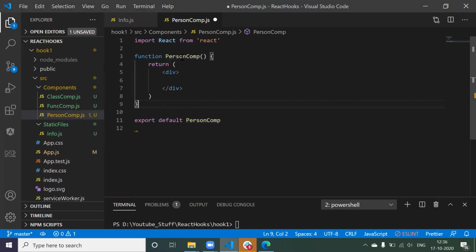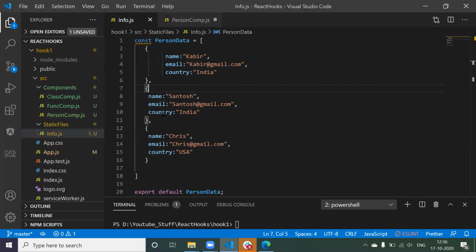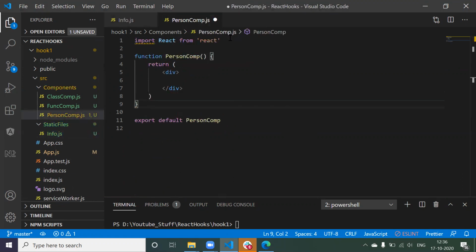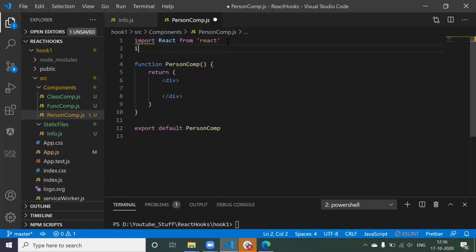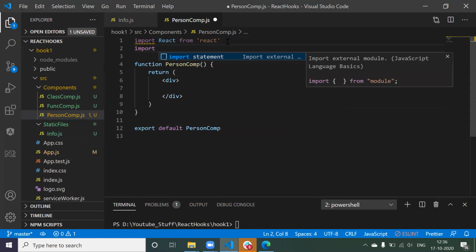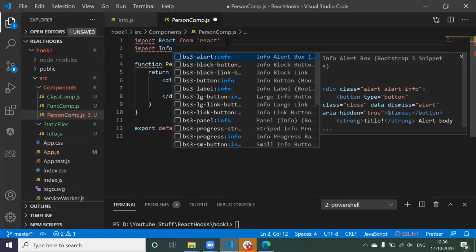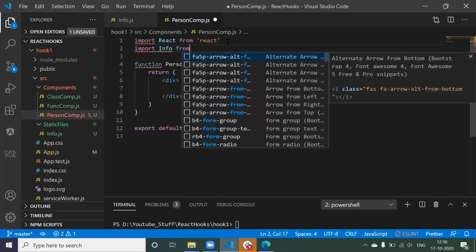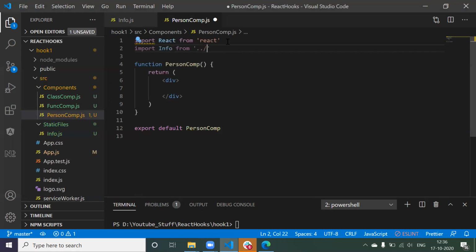Fine. Now I wanted to use this data in this component. So first of all, I have to import it. So let me import info from static files, and it would be info. Fine. Okay.